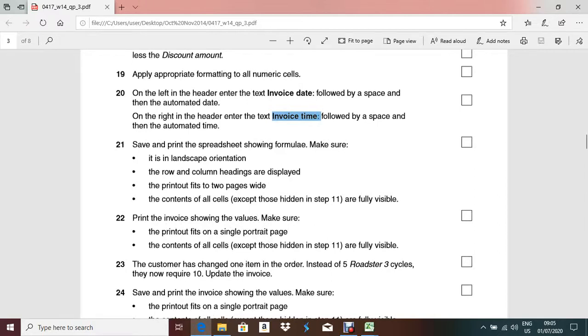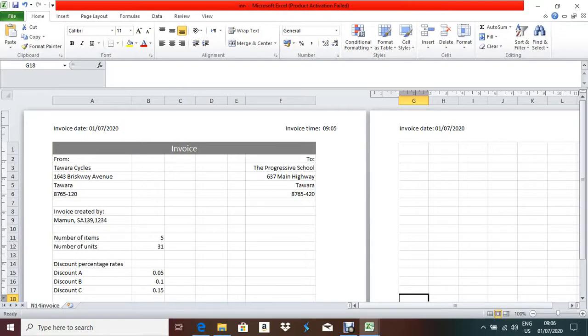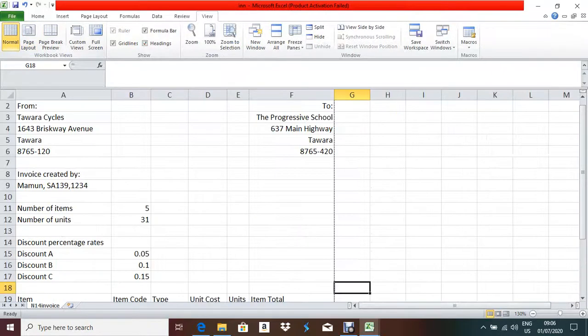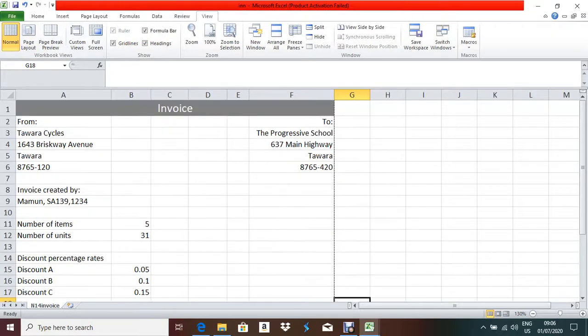Save and print the spreadsheet showing the formula. Okay, now this is an important part because you have to print it. Make sure that it is landscape orientation, row and column headings are displayed, and the printout fits 2 pages wide. You have to understand this one. So first you have to show the formula. If it is showing 2 pages like that, you go to view and then normal, click on normal, it will show you like this.